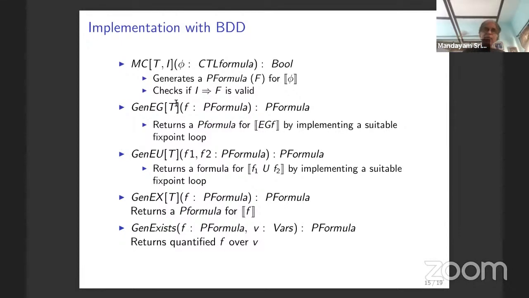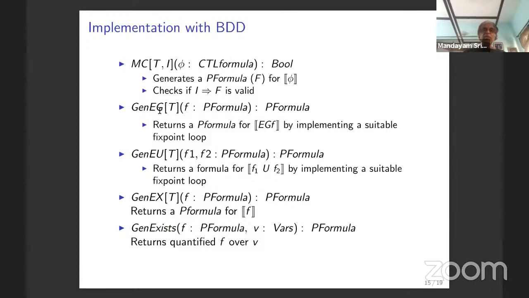In addition, all of them take the transition relation, because EG, EX, everything assumes there is an implicit transition relation, which is also represented as a BDD, and then returns a BDD representation of a formula